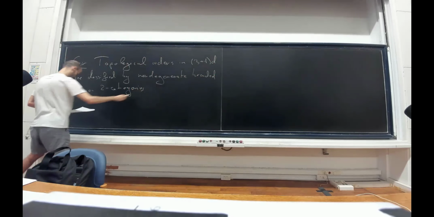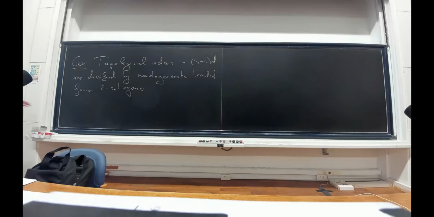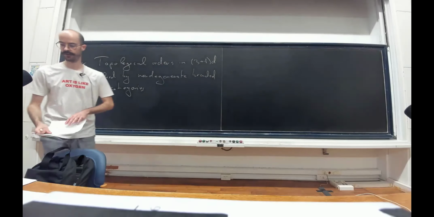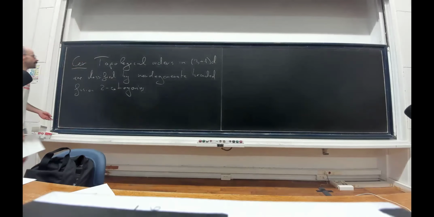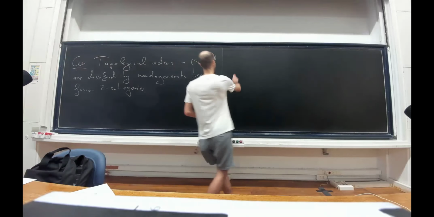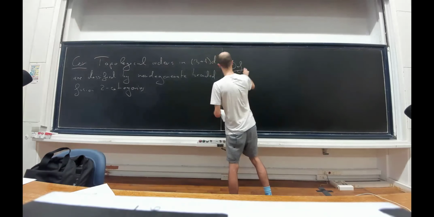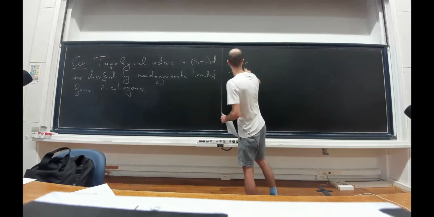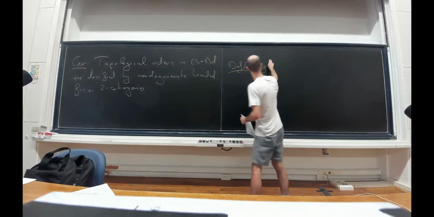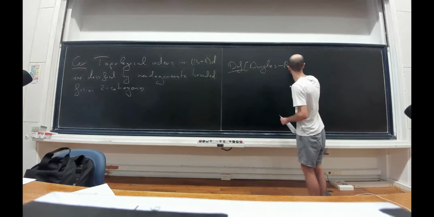I'm definitely certainly not going to completely review the definition of a braided fusion 2 category, because that would take too long. But I'm going to give you some key features that are going to be relevant for my exposition. Personally, I always attribute the definition of a fusion 2 category to Chris Douglas and David Reutter.